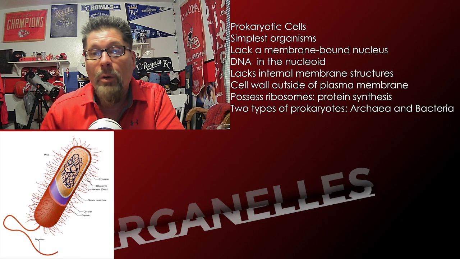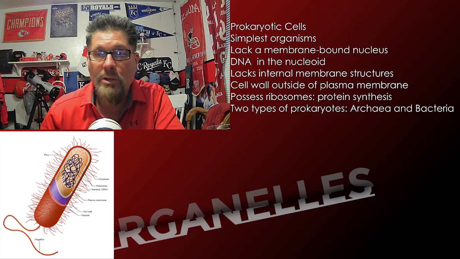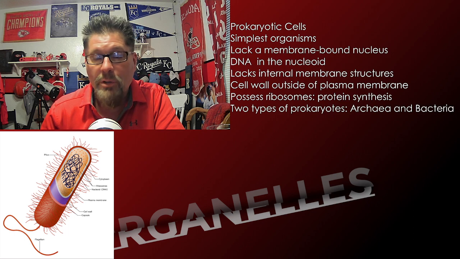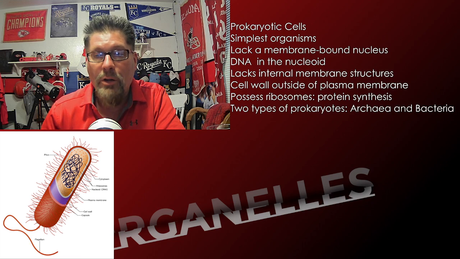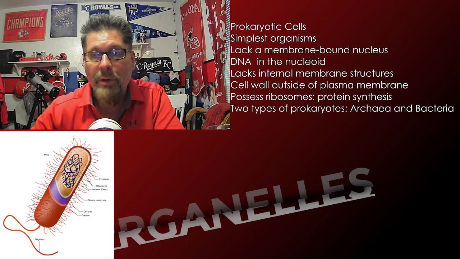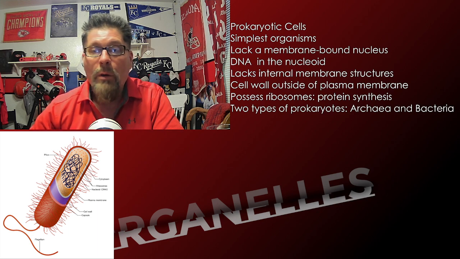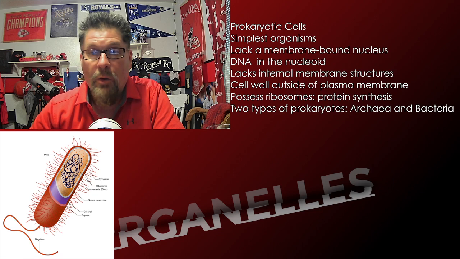Okay, now when we're looking at prokaryotic cells, these are very simple organisms. I mean, you're a bacteria cell, there's not a lot going on. They are super powerful organisms, but one cell, unicellular, not a lot going on in there. As I mentioned, they don't have a membrane-bound nucleus. The DNA is in the nucleoid. You can see it at the top of that picture. It's just kind of free-floating inside of a little container. They don't have a lot of membrane-bound structures inside, but what they do have is a cell wall, and it is